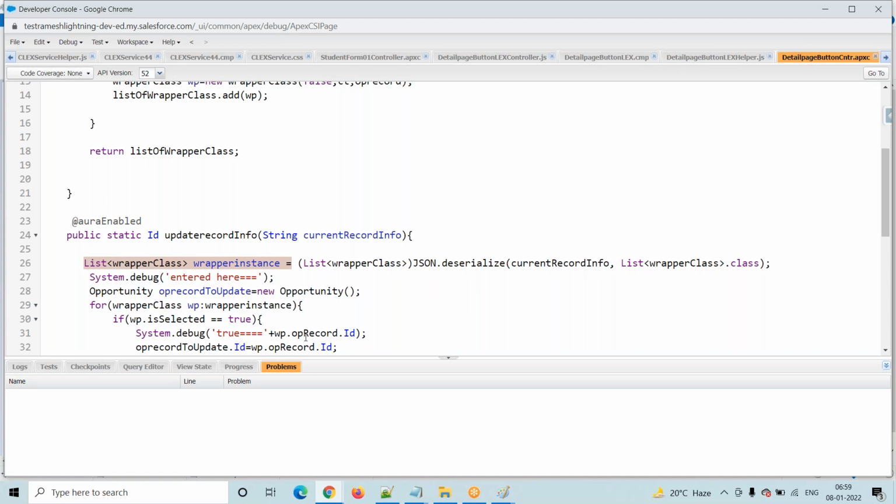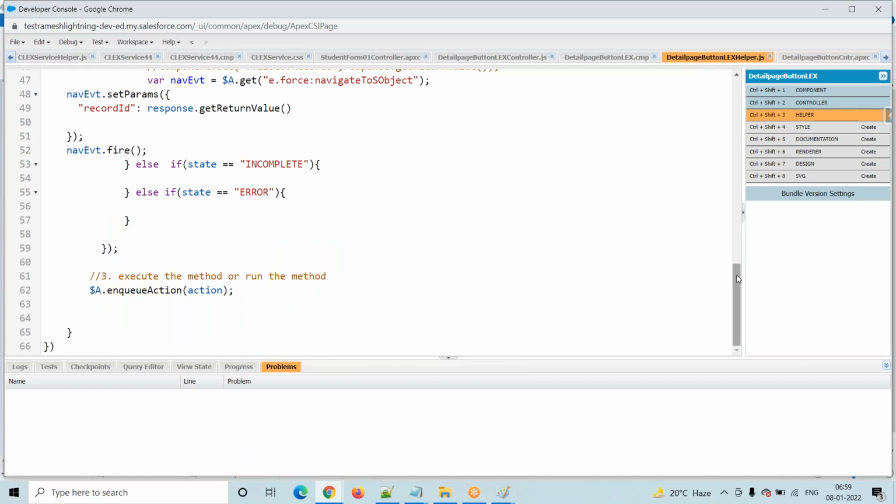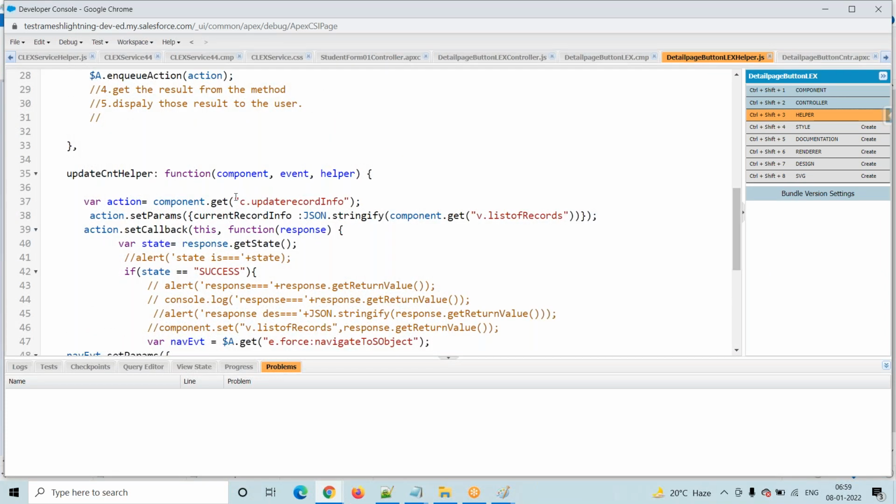Any questions on this one? This is only the new step. Here you have to observe everything is the same, right? So the user will select the data, go to here. The user will select the data, that data we are passing. While passing, that is a record, so we are serializing that record and we are sending.